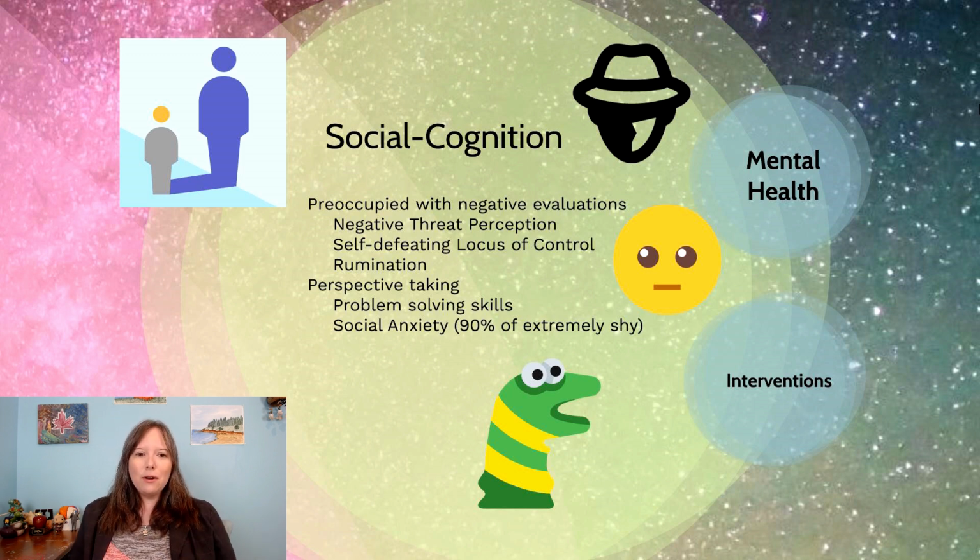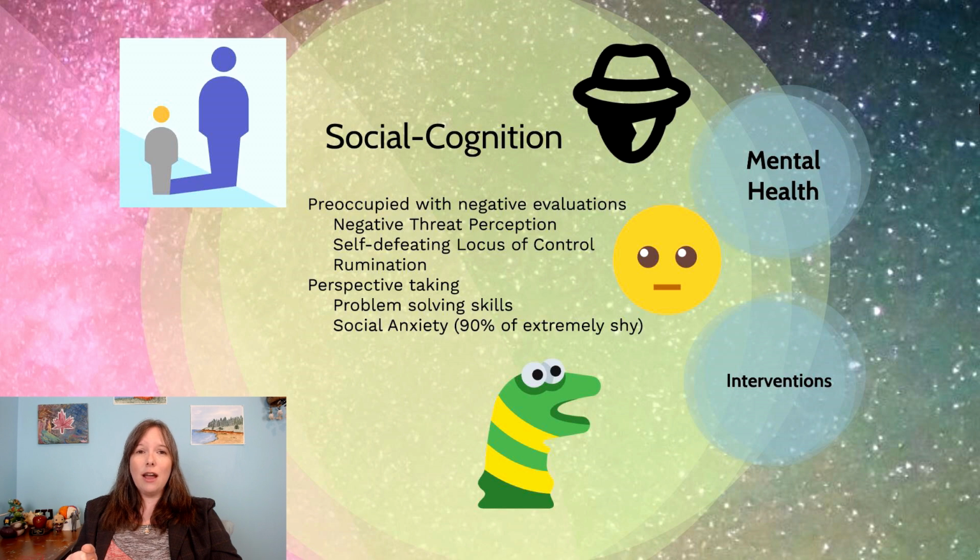Now, in terms of when they think about other people, because they always assume others are making negative judgments of them, and because they always perceive neutral stimuli as negative and threatening stimuli, this really impacts their perspective-taking skills. This really impacts their ability to understand what other people are thinking. Although they're preoccupied with what other people are thinking, they're often inaccurate in doing so. And this is because they assume the worst. So when they try to figure out what is going to happen, they're usually off the mark by quite a bit.